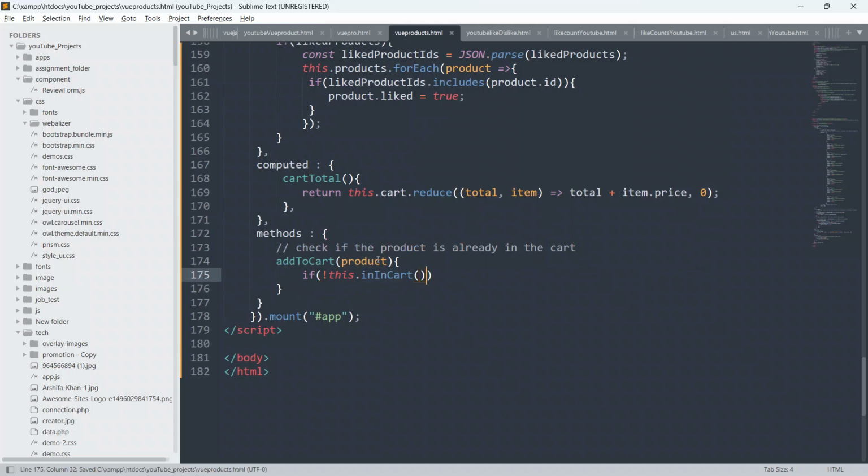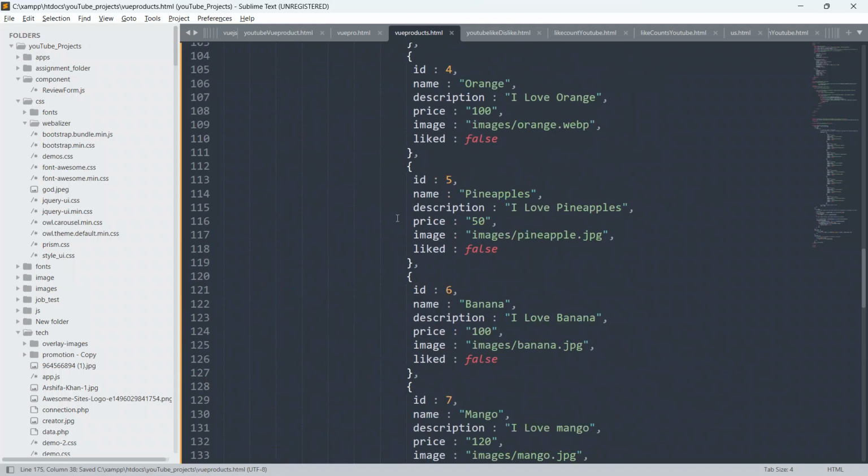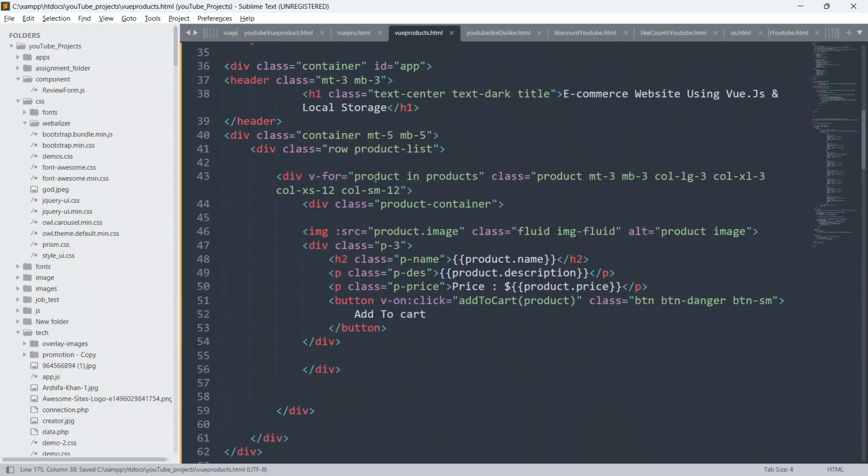This product. As I have already told you, I am passing the entire product object. See guys, I am passing the entire product object inside this function add to cart.